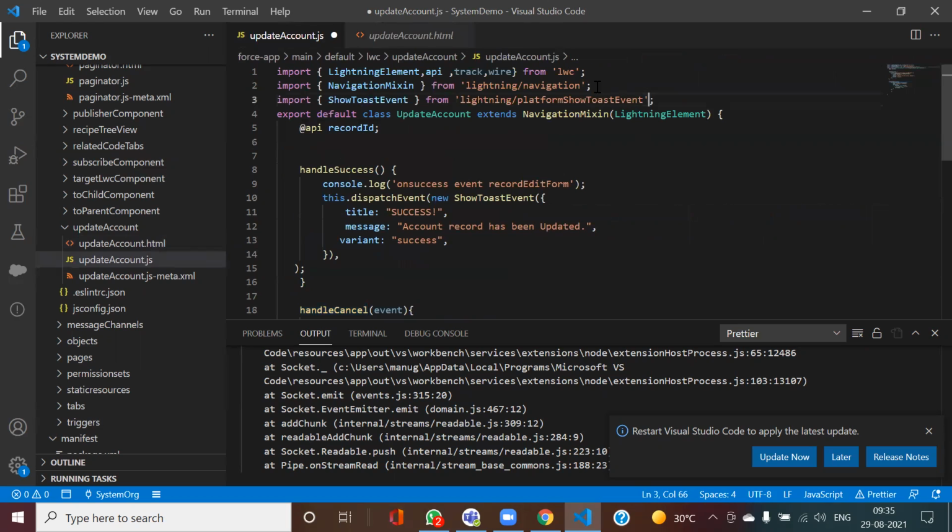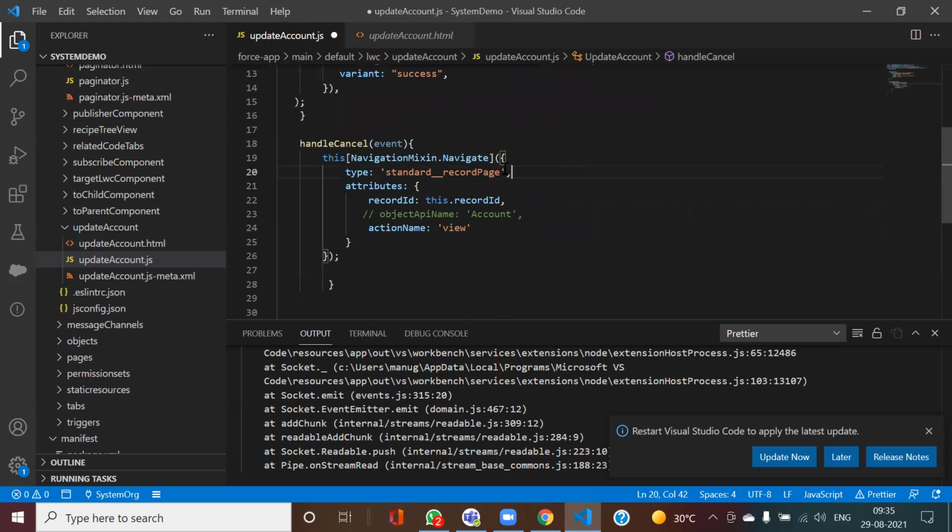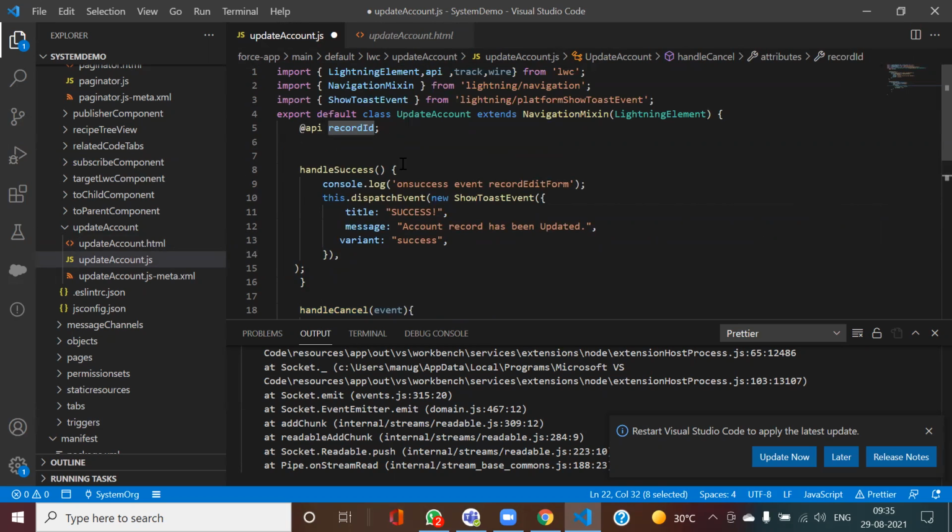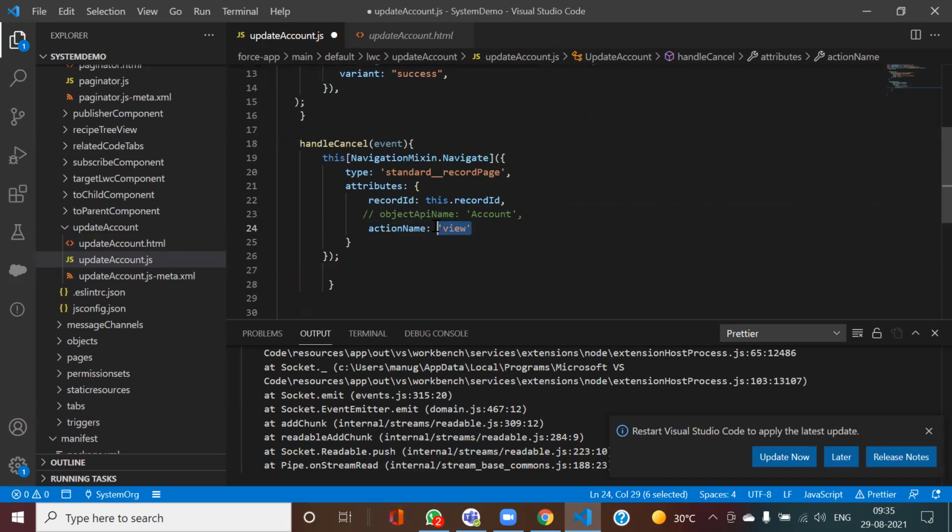For this I have imported this library, import navigation. Here what I have done is I have passed this record ID from this API variable and where I want to go. That's it. Type is one parameter that I have, that is standard record page, and the second one is my attribute.